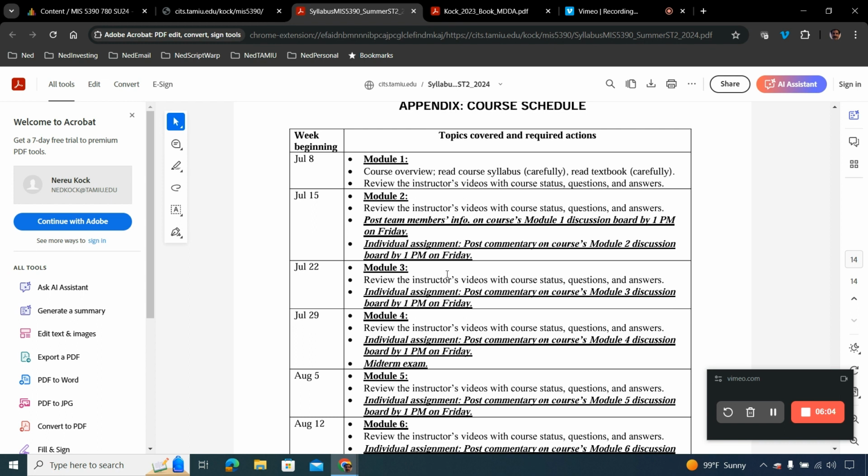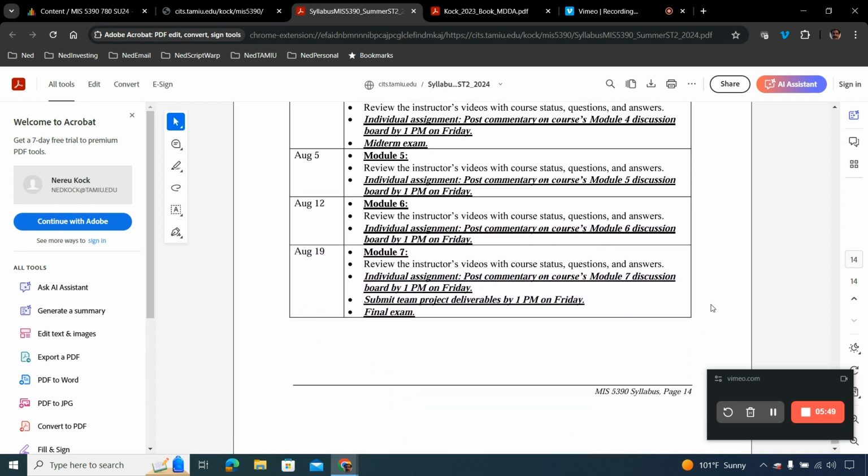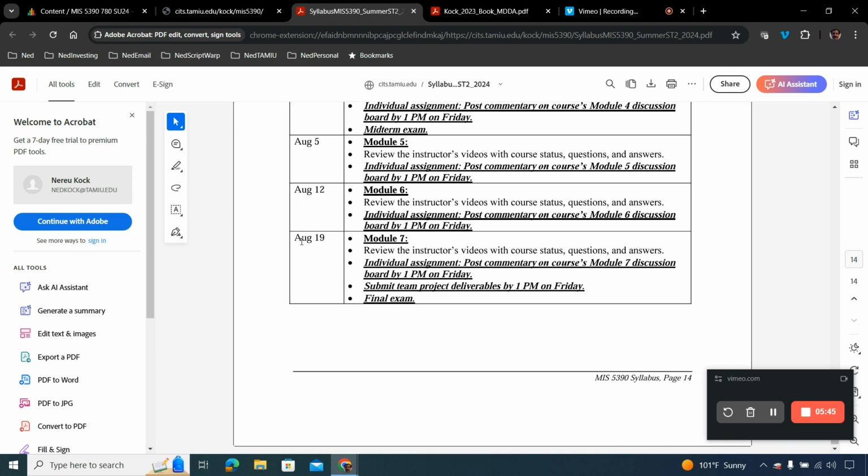Then Module 3, similar to Module 2. Again, the team's information has already been provided, so it's just the individual assignments. So you're going to have these individual assignments for each one of the modules, and then only in Module 7, which is on the week starting on August the 19th, you will be submitting the team project deliverables by 1 p.m. on Friday. So, and again, the final exam and a midterm exam, very likely I'll waive them, okay? As we get close to that week, I'll tell you if we're gonna have them or not. Most likely not, because you're already seasoned students, you're at the end of the program, so you should be doing well in this